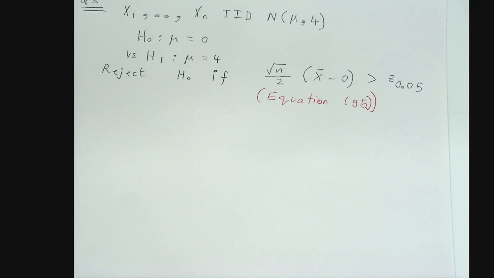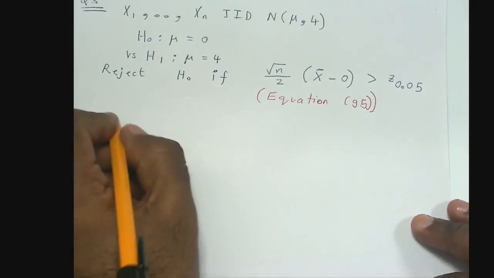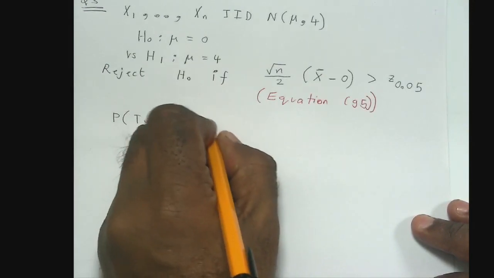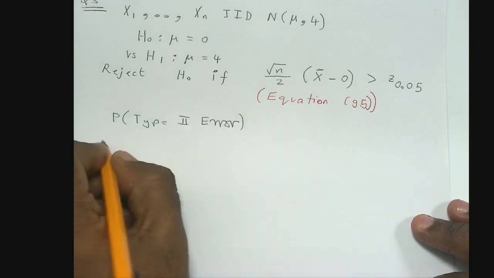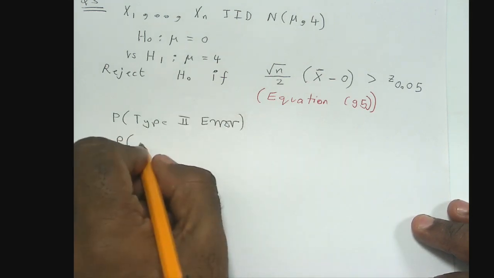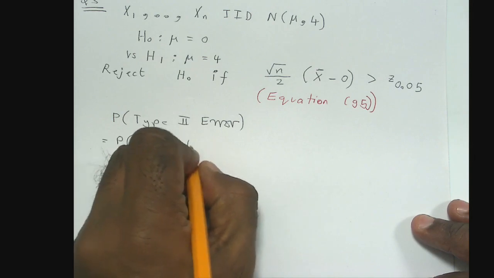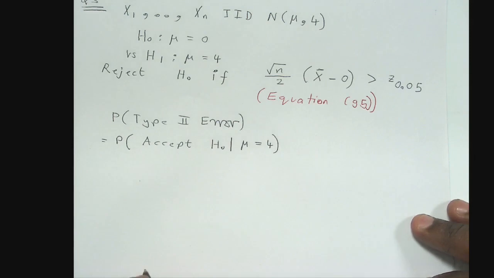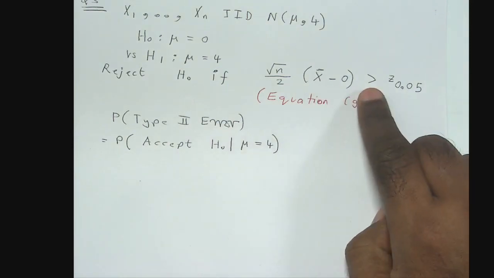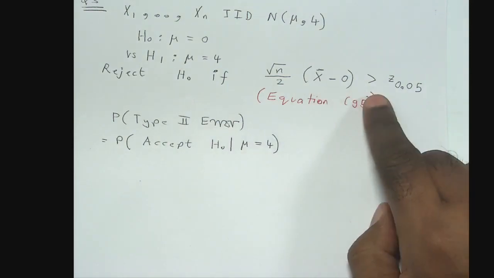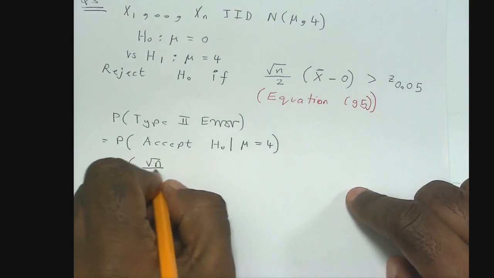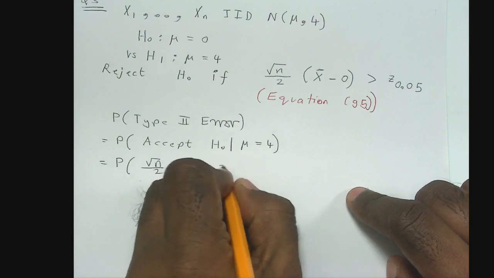All right. So now what you're asked to find, guys, is the probability of type 2 error, which is the probability of accepting H0 when H1 is true. Now this is the rule for rejecting the null hypothesis. So accepting will be the complement of this, right? So you will accept if root n by 2 times x bar is less than or equal to